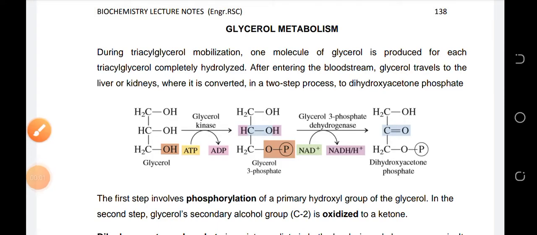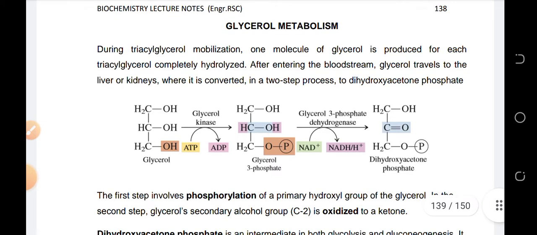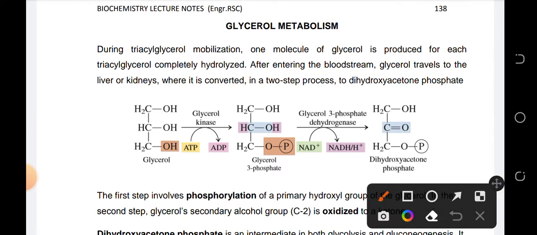Okay, now, anong mangyayari sa glycerol na na-produce after digestion ng lipids? Okay, so remember that triacylglycerol has two parts: glycerol and three fatty acids. So, anong mangyayari dito? One molecule of glycerol, which has been produced after triacylglycerol has been completely hydrolyzed, is now going to enter the bloodstream, and glycerol travels to the liver or kidney, wherein it is converted into